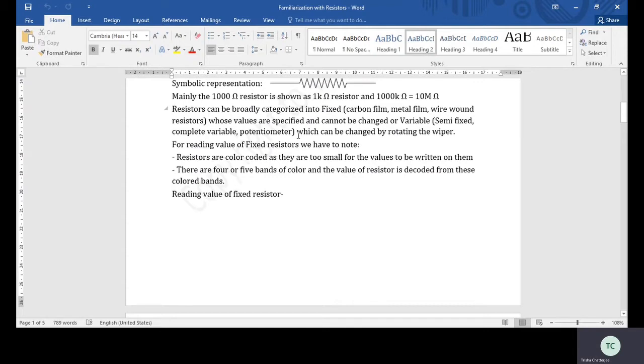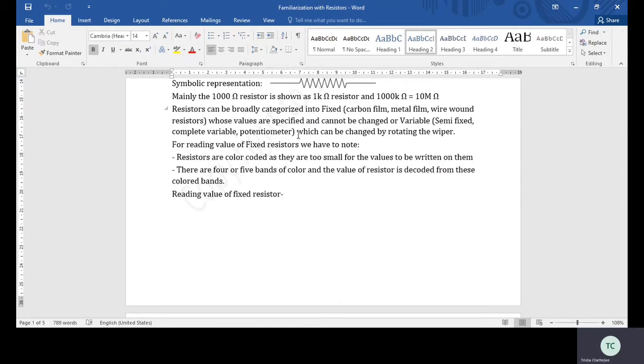A very good example of a variable resistor might be the old fan regulators. The regulators you have seen in your household, right? When we point the regulator pointer at a particular digit, the speed of the fan reduces or increases, right? So in reducing, we are increasing or decreasing resistance, right?